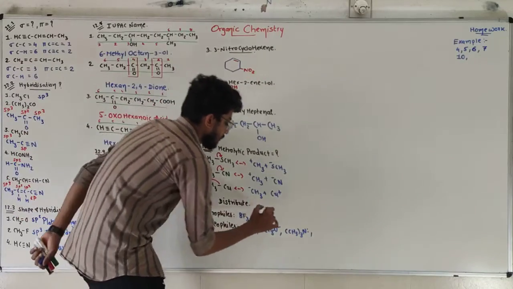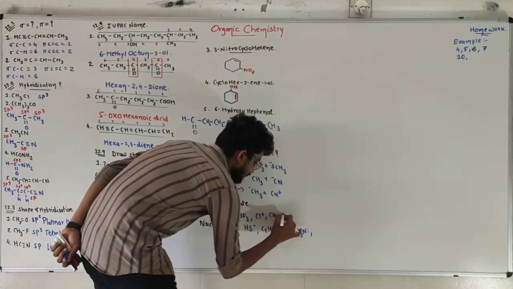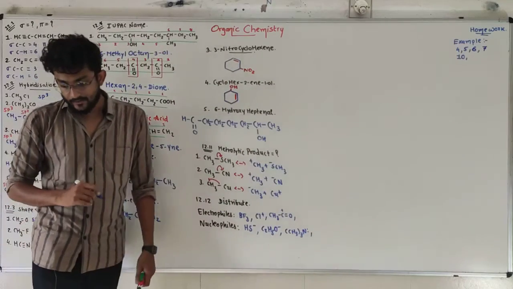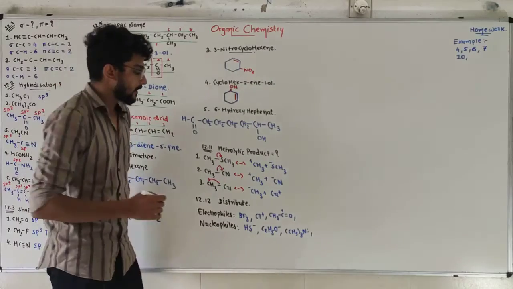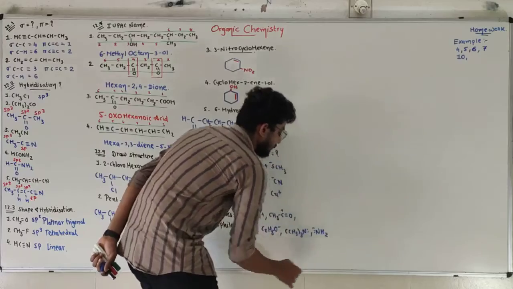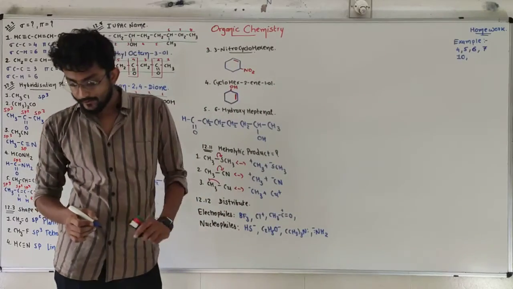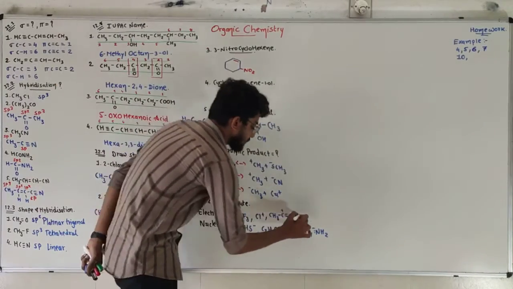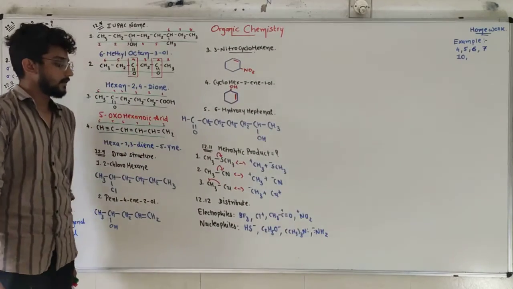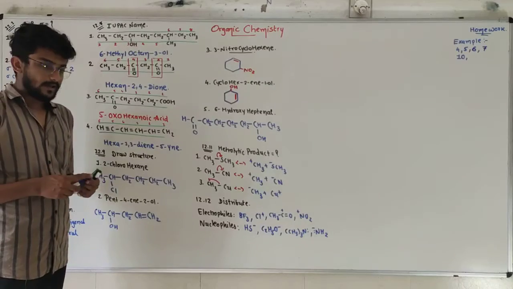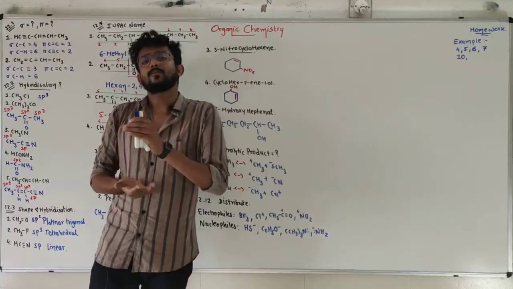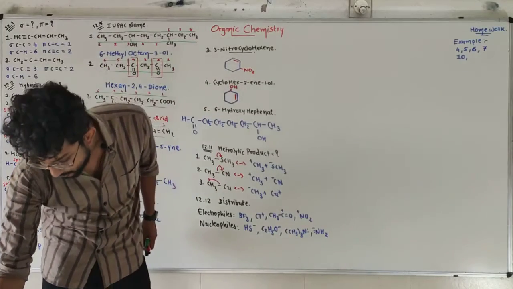After that, CH3C double bond O plus, that also belongs to the electrophiles because of the positive charge. After that, amine NH2 minus, because of the negative charge it is a nucleophile, and NO2 plus, because of the positive charge it belongs to the electrophiles. So that was about example number 12.12, your 12th problem.